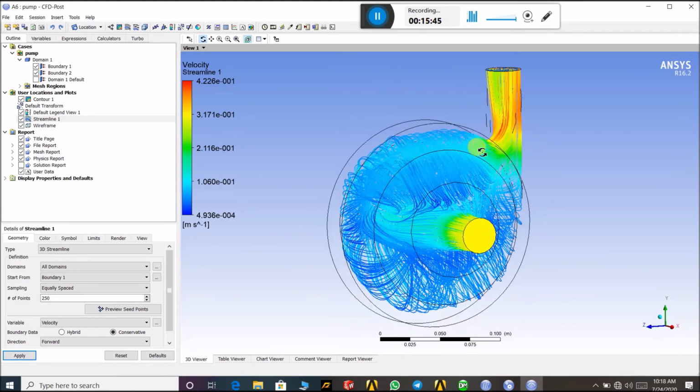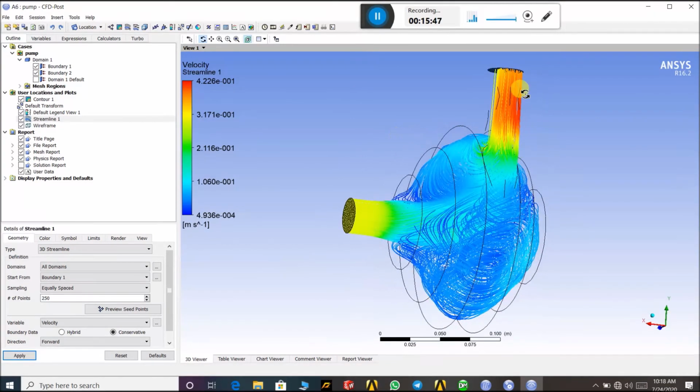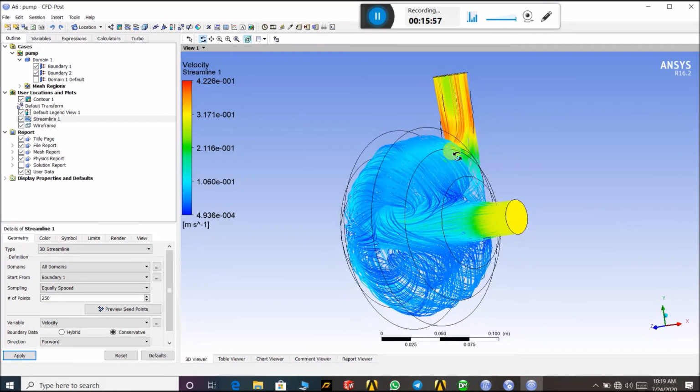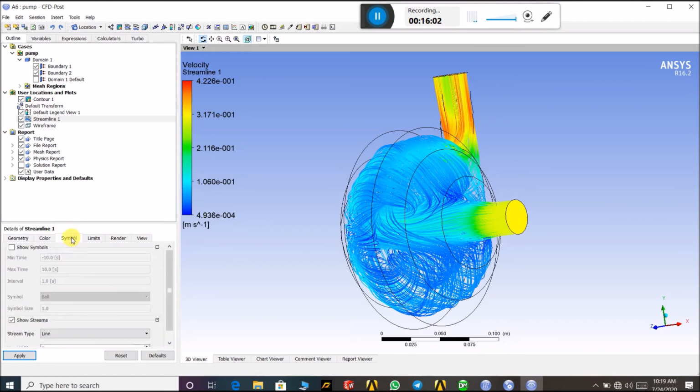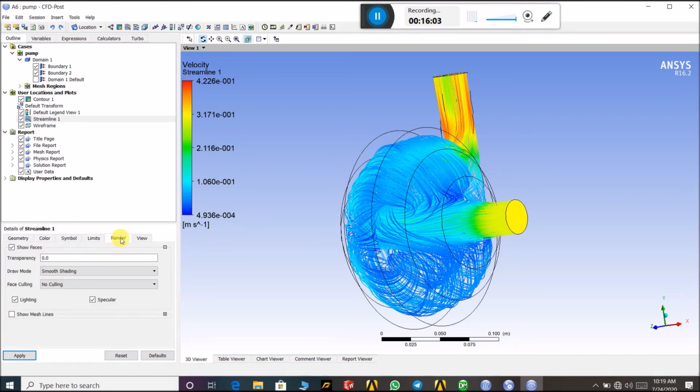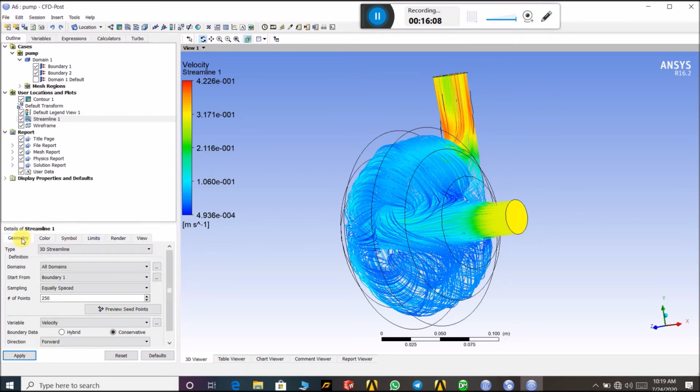You can find out the maximum velocity here. You can change this as per your application in the streamline.